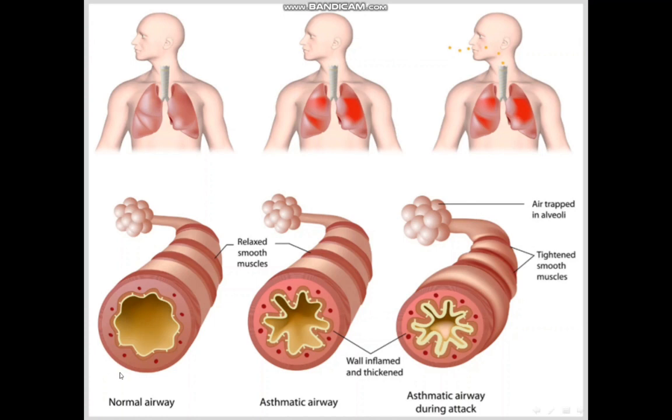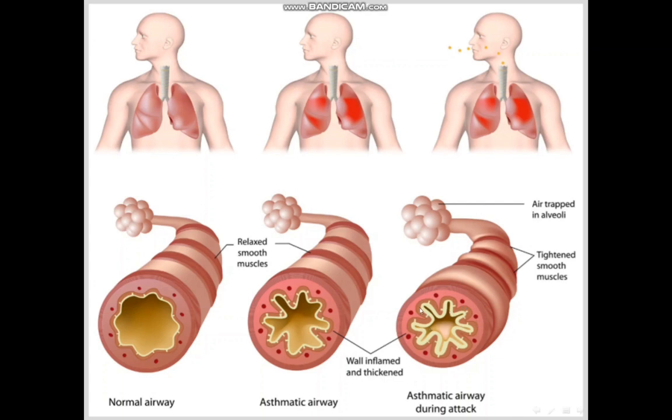In this picture we can see the normal airways, then the airways of a person who has asthma but doesn't have an asthma attack, and this is the person who has an asthma attack. The asthma attack will cause constriction of the bronchial wall and bronchial smooth muscles,